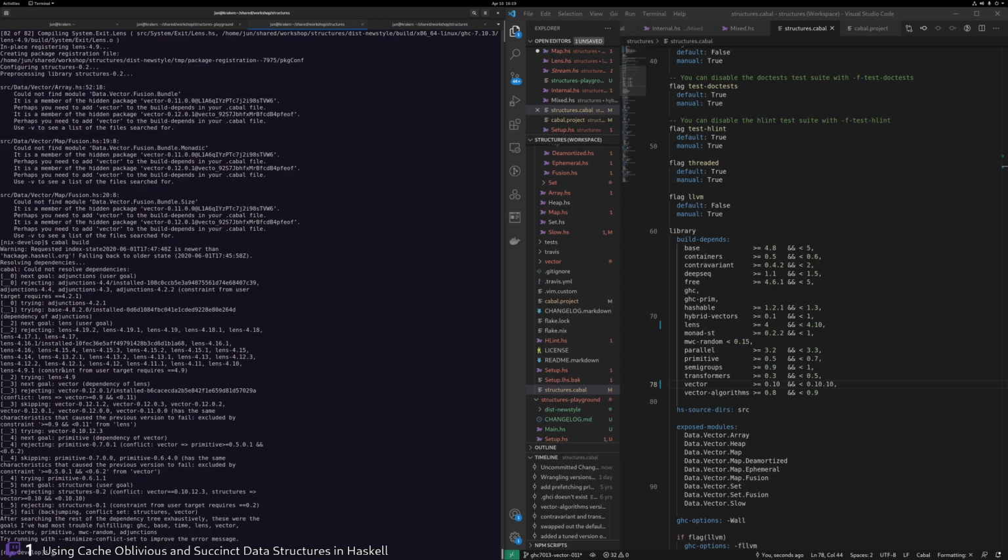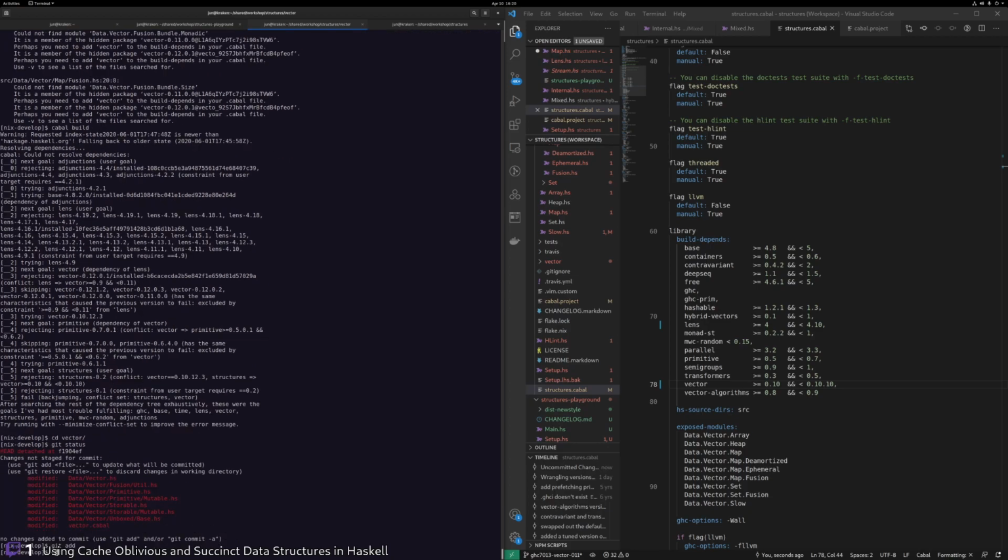Junctions, lens, vector, rejecting vector 0.12.0 installed, trying 0.10.12, that's also not good. Maybe it's not in the package registry. Okay, so let's go to vector,